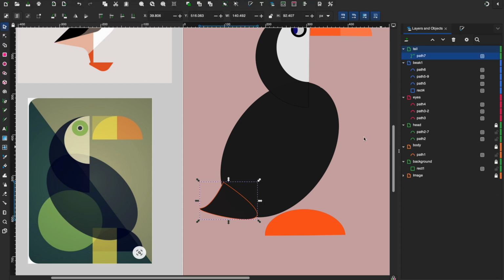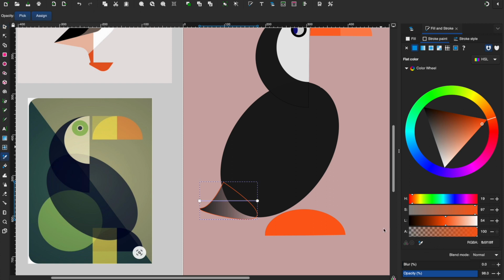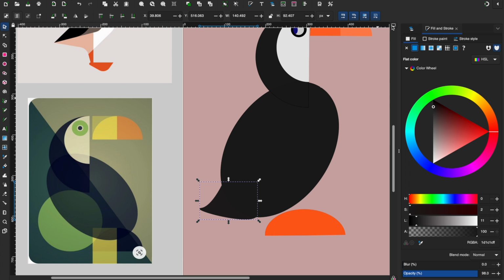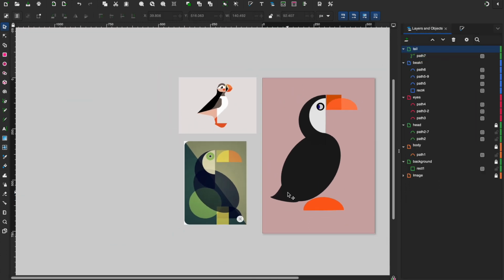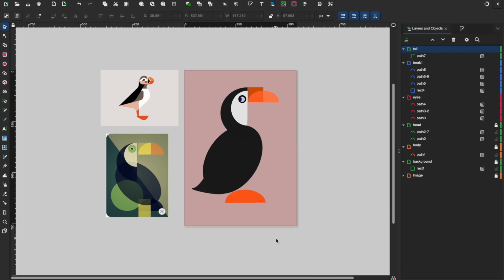It does have a weird outline with that stroke, and so we're going to go back to our toolbar and fill that stroke paint in with black. There we go. Alrighty, so our puffin now has a super cute tail. Look at that. Love it. Awesome. And I think the last thing I want to do is give him a little white belly,